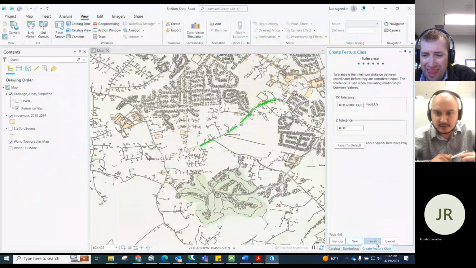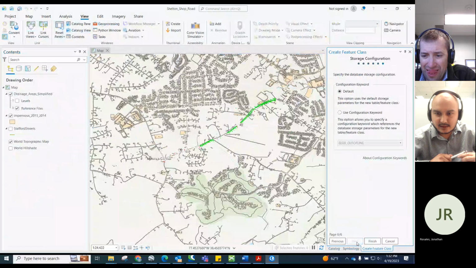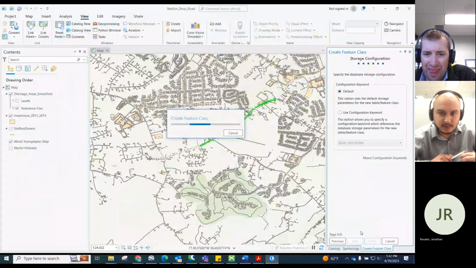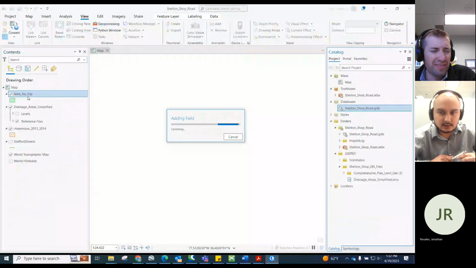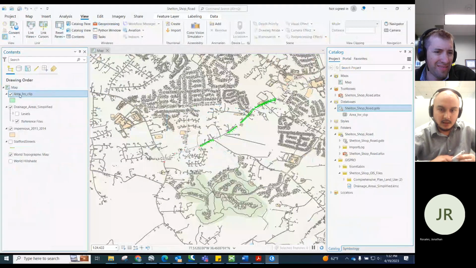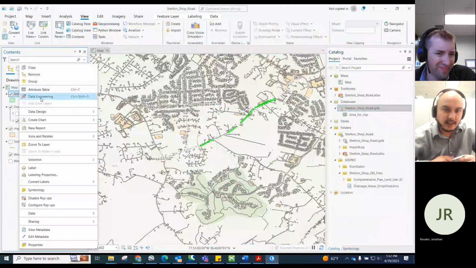Next, finish. Yep. So we have the area now. Okay. So that is the area now. So what we need to do, you can go to the Edit tab on the top, just right of your View.